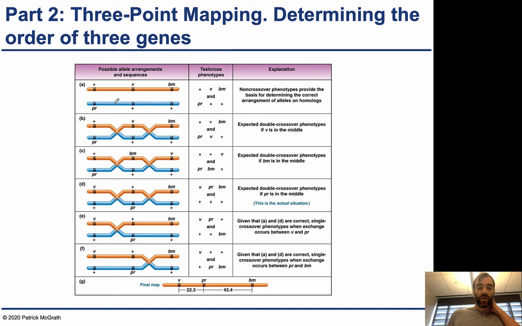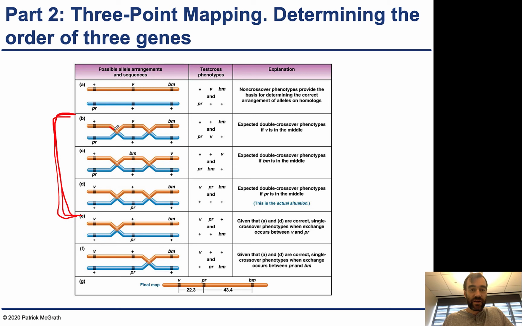in order to figure out the order, we have to use the fact of what the double crossover is. We know that the parental gamete is some sort of combination of plus VBM and then PR plus plus. We just don't know the order. So for this set right here, we consider what would happen in the double crossover in the event where each different gene is in the middle. In the first case, V is in the middle, and in the third case, the PR gene is in the middle. And the double recombinant will start with the orange, and then the first crossover will be